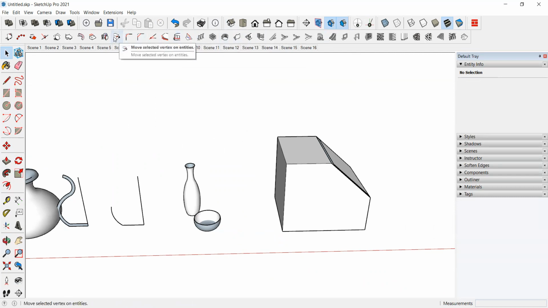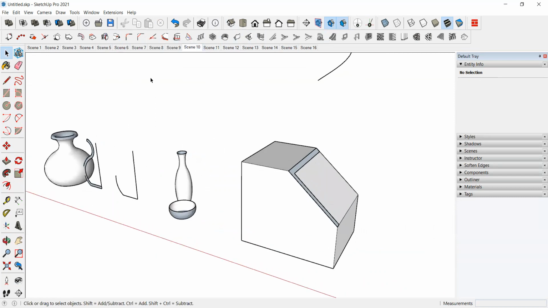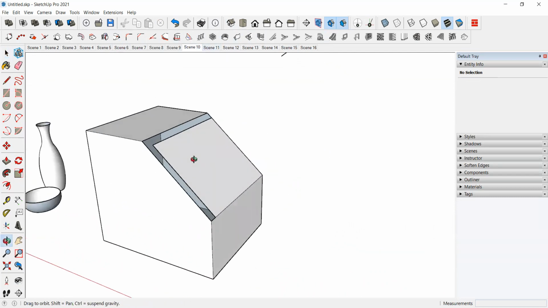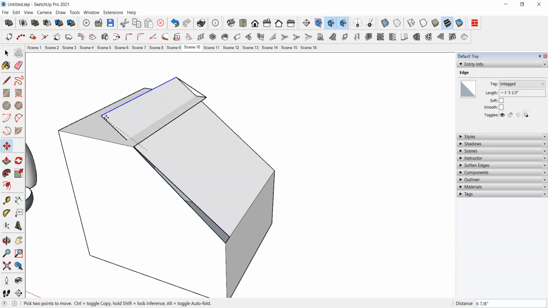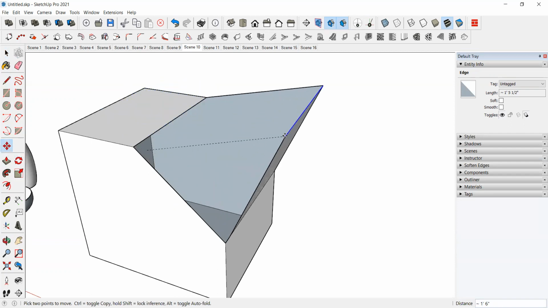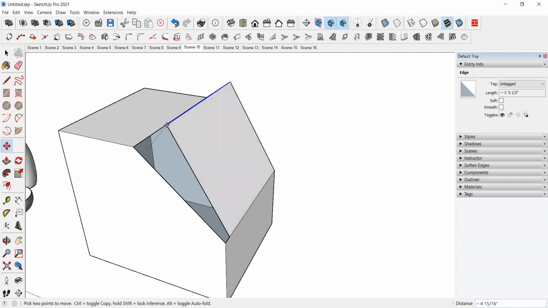So next tool is move selected vertex on entities. So it is nothing, just one surface will be there. So here you have to move the vertex. Vertex means, if you are moving the edge, then everything will come along with that.